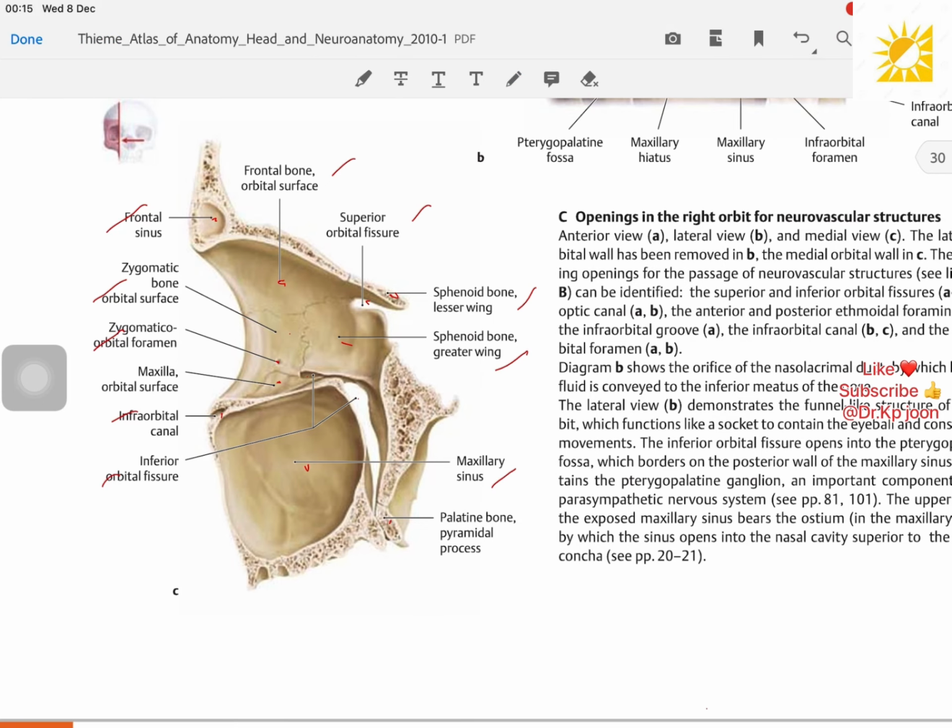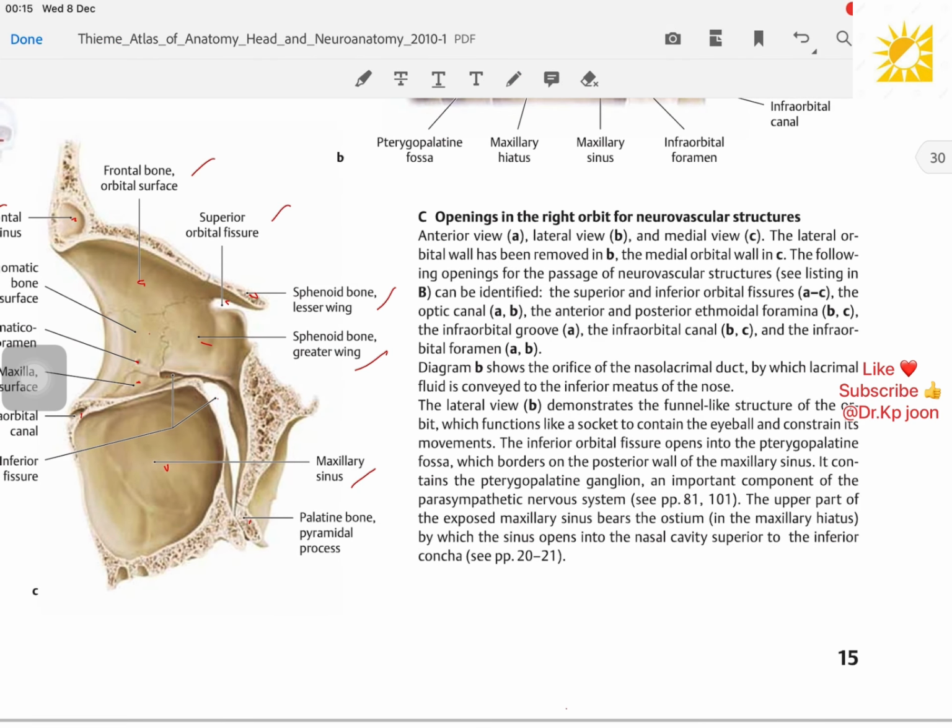If we talk about all the diagrams, A is the anterior view, B is the lateral view, and C is the medial view. The lateral orbital wall has been removed in B, the medial orbital wall in C. The following openings for the passage of neurovascular structures can be identified: the superior and inferior orbital fissures in A and C, the optic canal in A and B, the anterior and posterior ethmoidal foramina in B and C, and